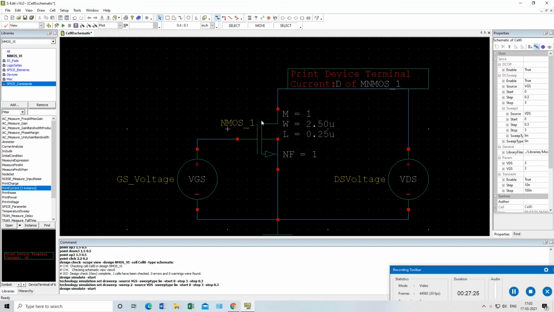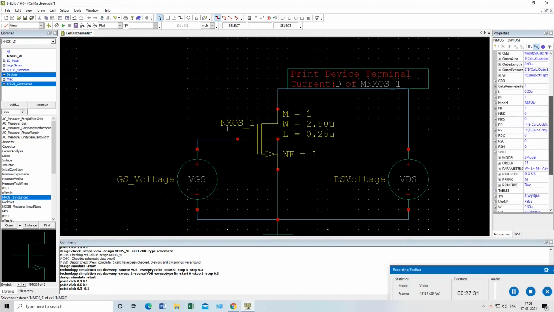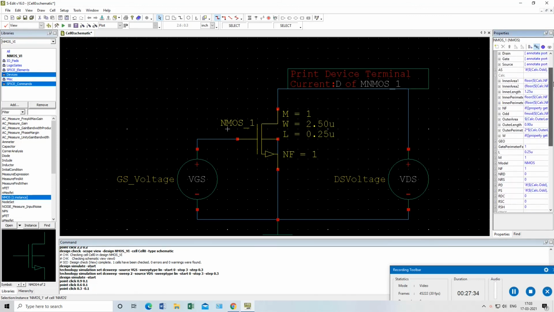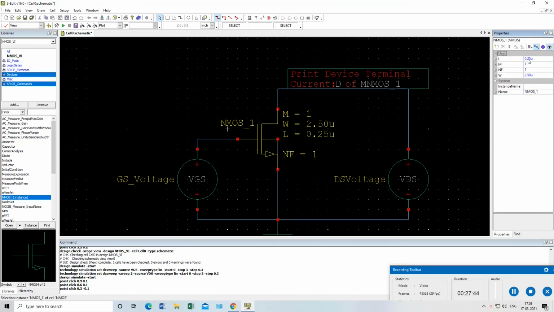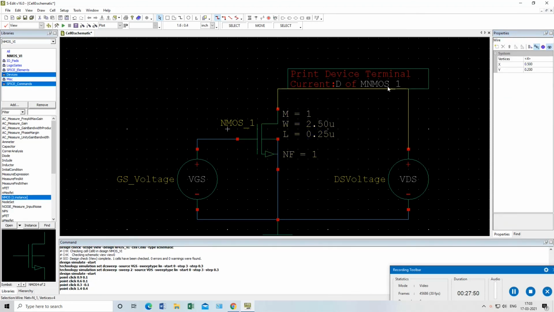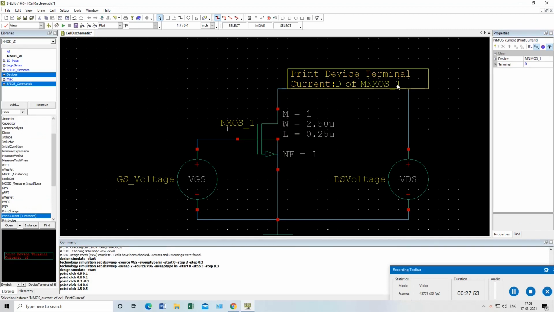This is how we do the experiment in Tanner. This is how we connect the circuits in Tanner. This is how we change the properties from the right side by pressing the devices. We can change the NMOS property also. You can see from the right side, I have selected NMOS here, and I can change its length, NF, width, whatever I need. By pressing this print device, we can change its name. By selecting that device and going to its property, we can change it. And these are the different Spice commands we can use.